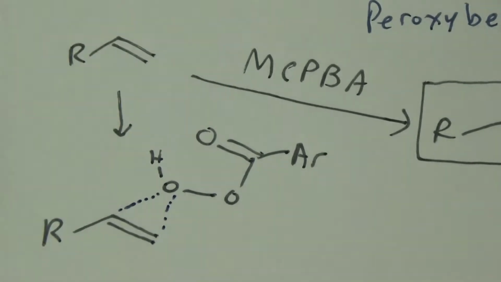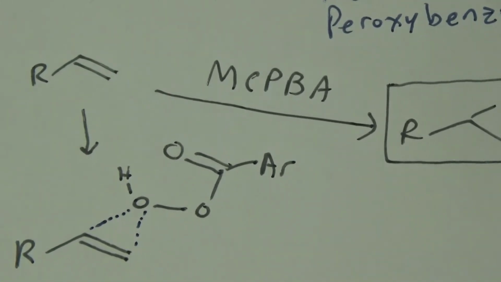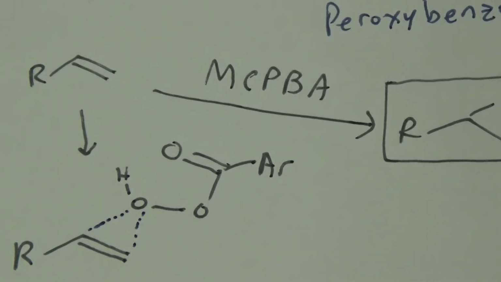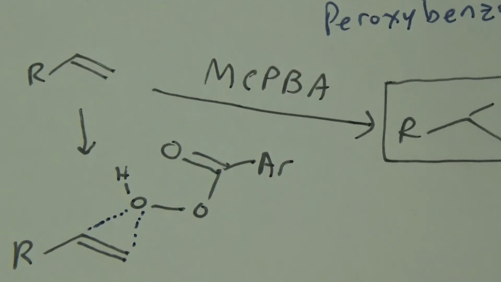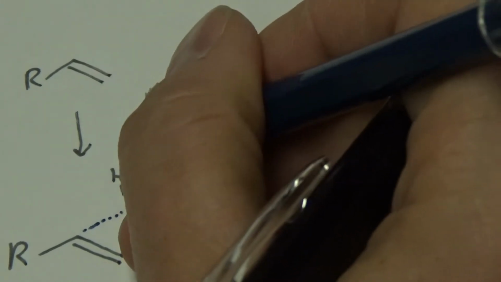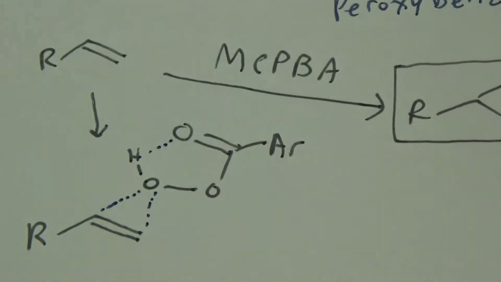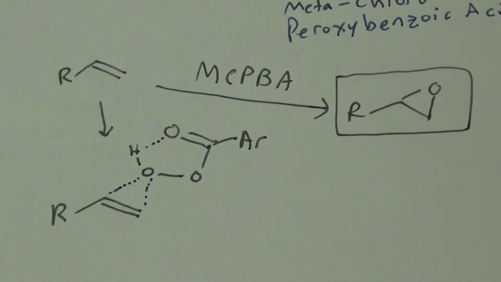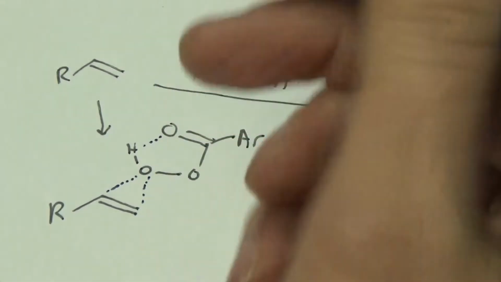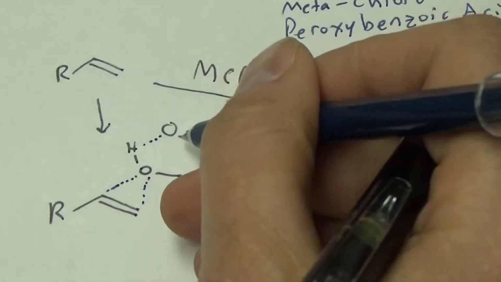What happens? This is a concerted mechanism, so a bunch of stuff is all going to happen simultaneously. Remember concerted? It's like SN2 is concerted, right? Where the nucleophile attacks and the leaving group goes away all at the same time. And I'm going to draw one more arrow, or dots. Alright. So everything happens simultaneously,